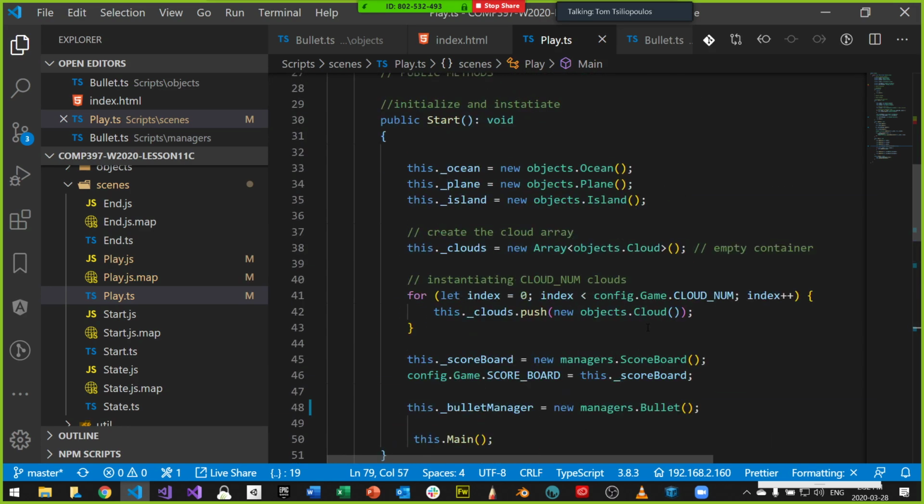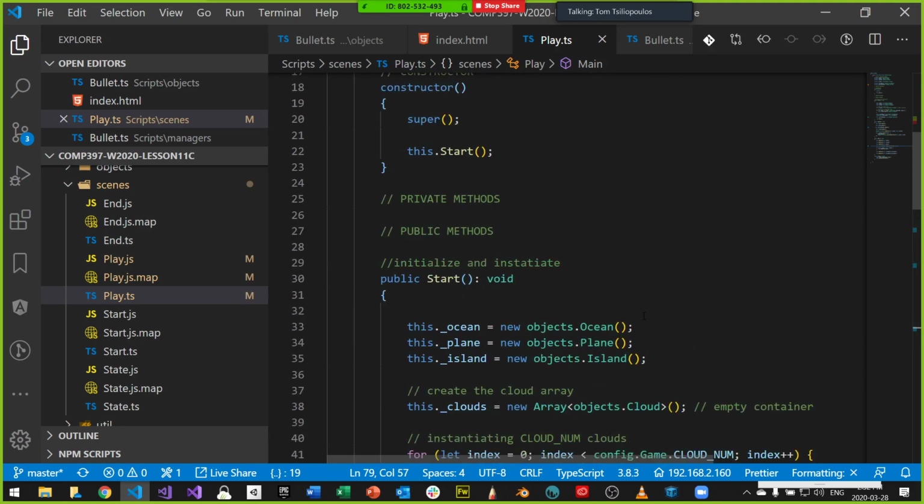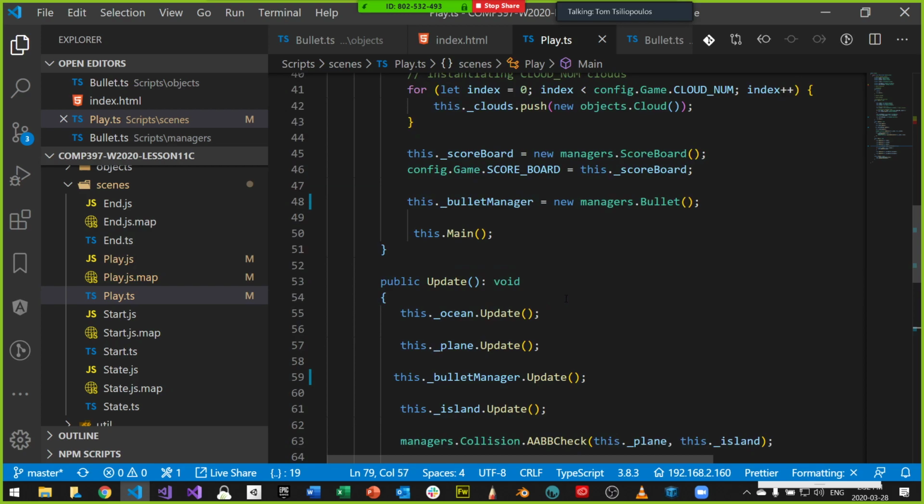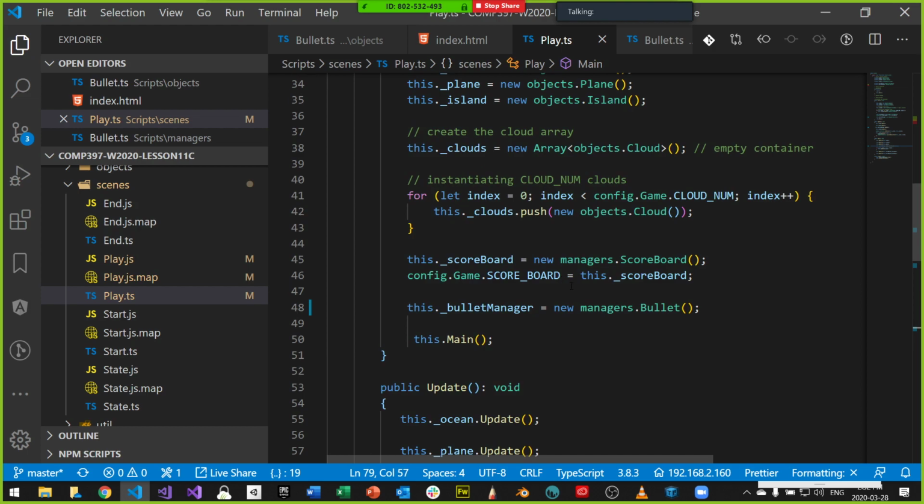Okay, so that does everything, but we don't have any bullets. We don't see any effect of this right now. I need a way to trigger a bullet being fired, and the way to do that is, let's just do it now manually. So I'll make a new bullet inside of main. I'll say, hey, get a bullet, right? And that bullet is the one that I want to make use of.